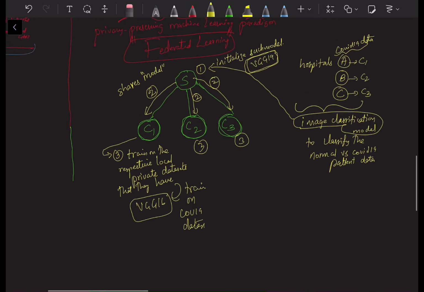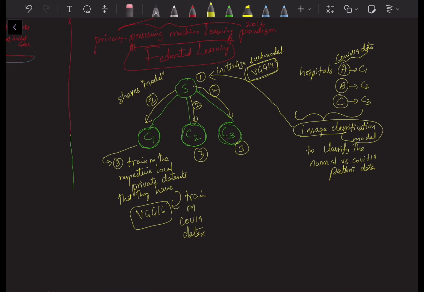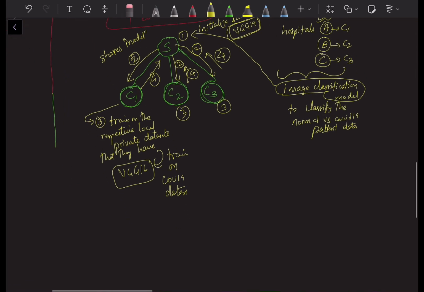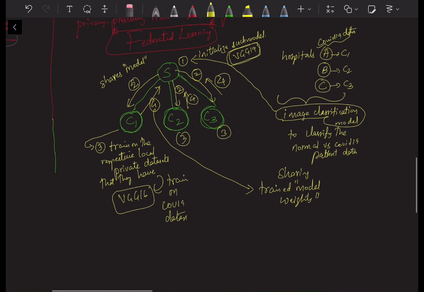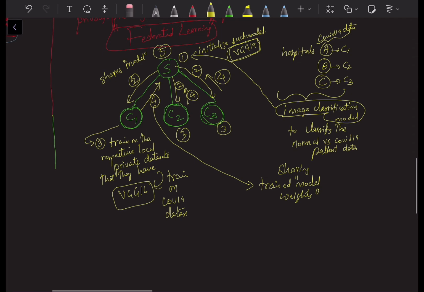Now each client shares the model update, only the model update, back to the server. When I say model update, it's the trained model weights. Again, we are only sharing the model weights. The data remains entirely on the client devices. Now in the fifth step,